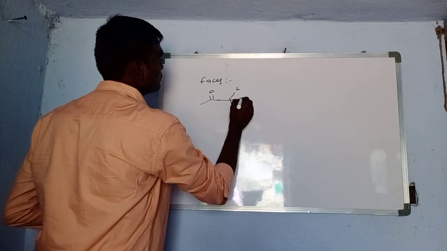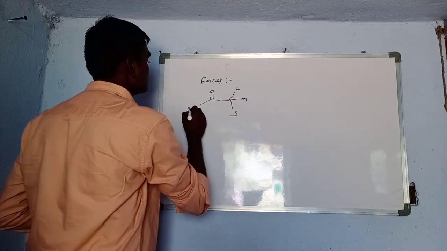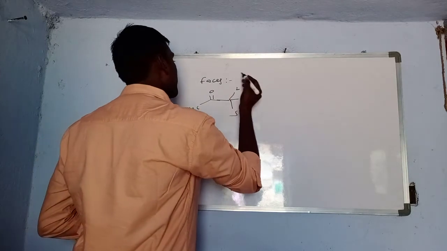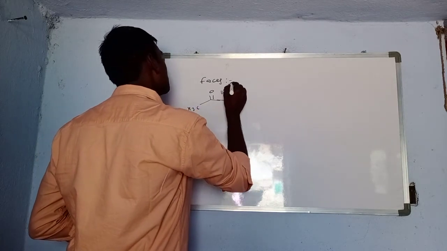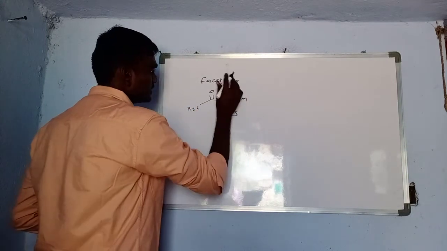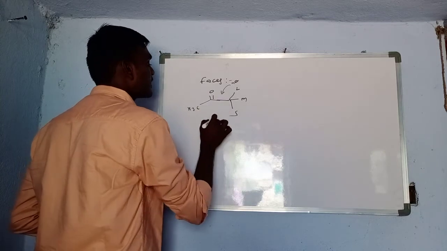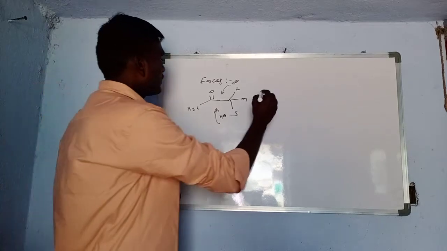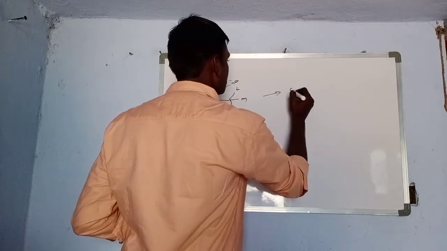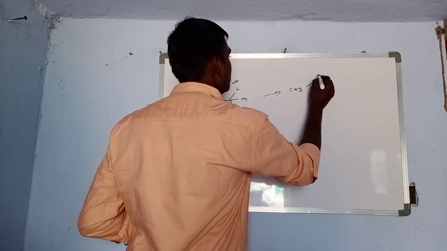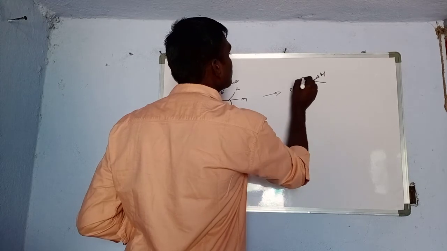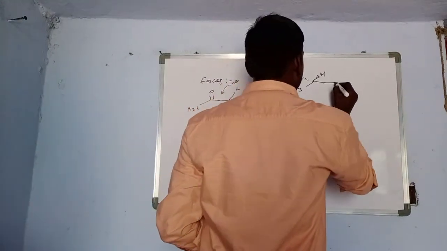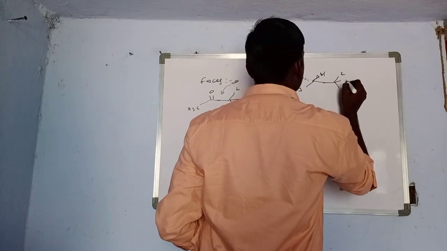This is the large group, medium group, and small group, and here is the CH3 group. Whenever the hydride ion attacks the above face or the below face, there are two chances for this carbonyl: it can be attacked on the above face and on the below face. If we attack on the above face, the hydride ion will attack on the above face, giving H, and this is the large group, small group and medium group.